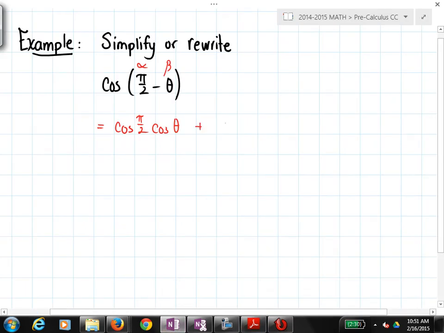So plus sine sine. So sine of pi over 2, sine of theta. What is pi over 2? Yeah, so pi over 2 is equivalent to 90 degrees. Notice how for this, there is no special right triangle. So instead of sketching 90 degrees and trying to come up with